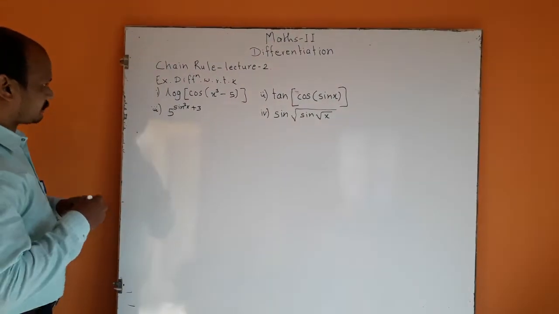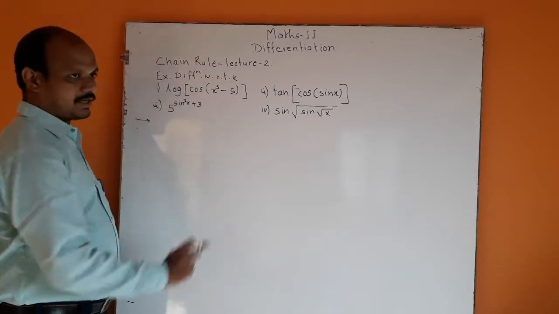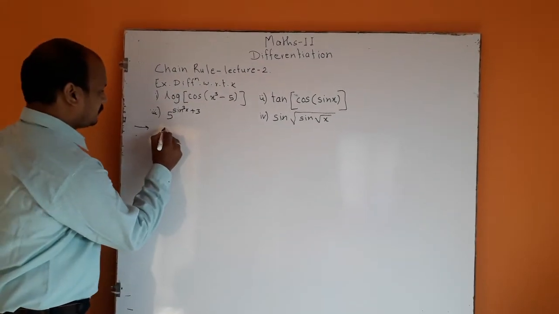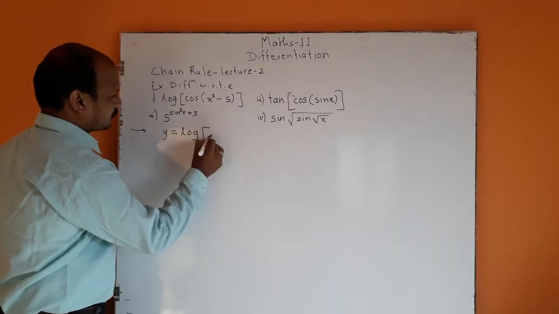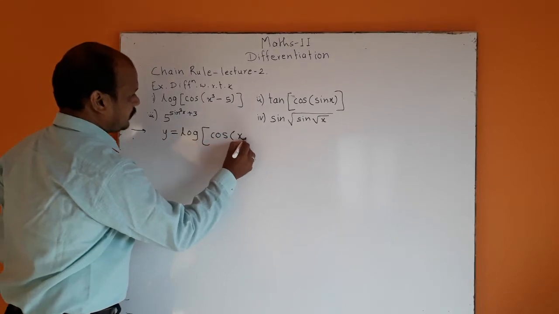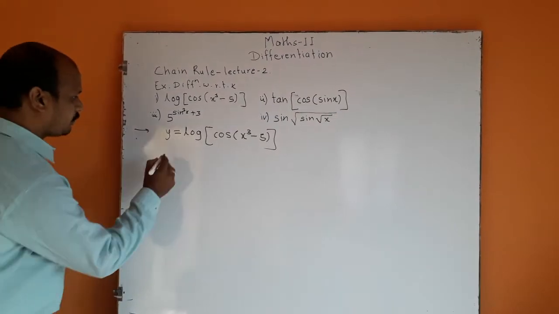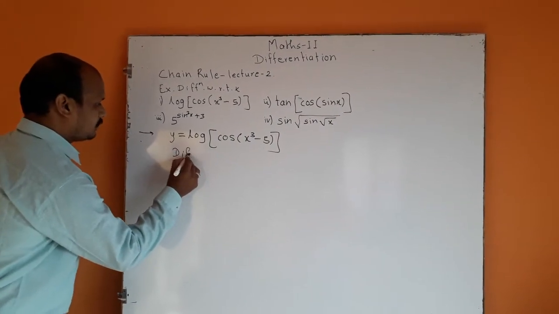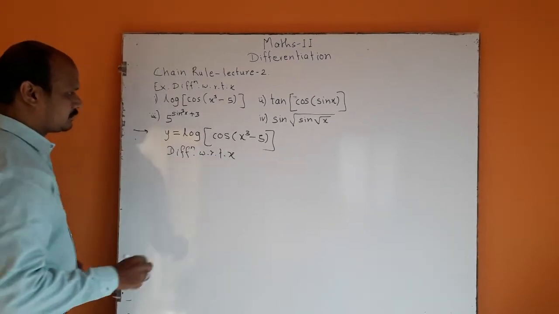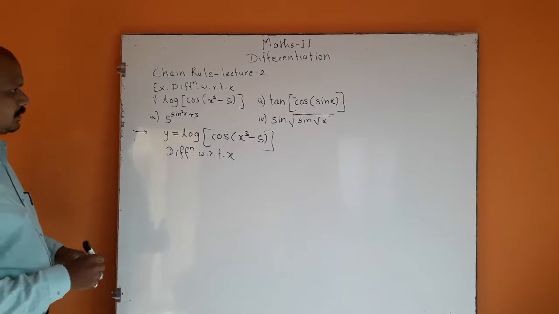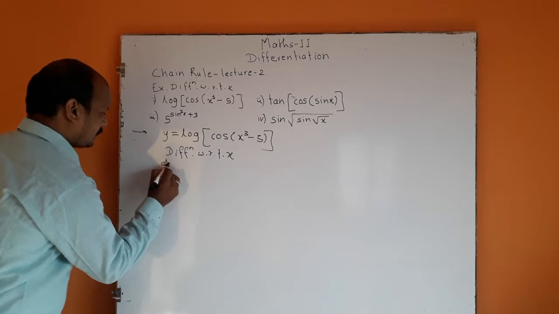First example. Log of cos of x cube minus 5. Let y is equal to the given function. y is equal to log of cos x cube minus 5. Now we have to differentiate with respect to x. Differentiating with respect to x, derivative of log is 1 upon x. Therefore, dy by dx